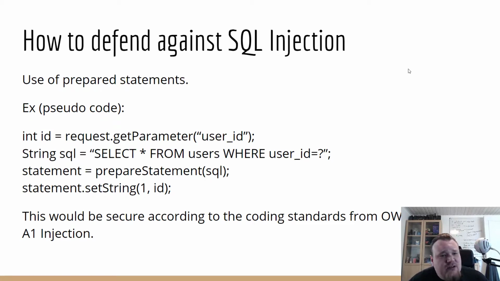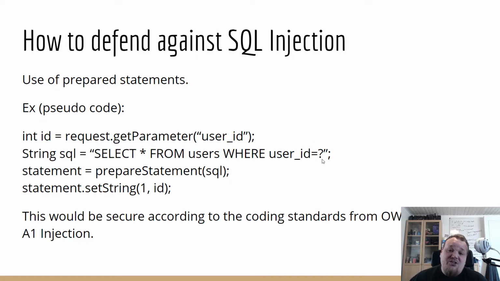So this is another Java example, and this is an example of prepared statements. The code should be somewhat correct. So you have this parameter you're getting from the user, the user ID. You put it into a variable, the SQL statement. Instead of putting the value after user ID, you put a question mark. And that question mark will be interpreted whenever you do the set string 1, and the 1 here means the very first question mark. If you had several conditionals in the SQL statements, you would have more than one question mark, and then you would have to choose the right order.